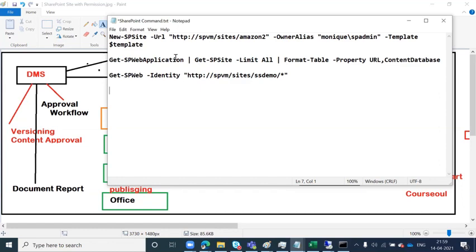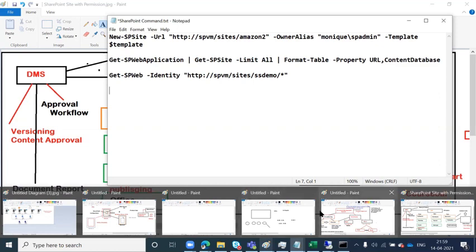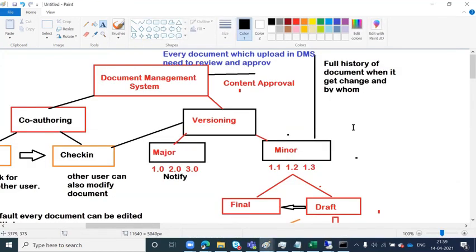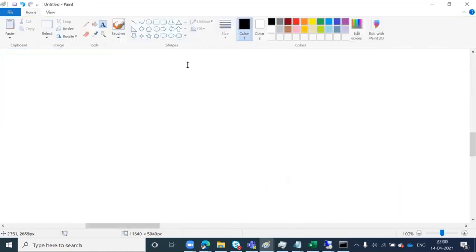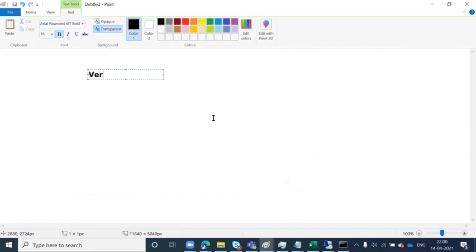One of the magical things about any scripting language, especially the Microsoft command language or command prompt, is that it works on a very simple principle which is called verb plus noun. Verb means list, get,